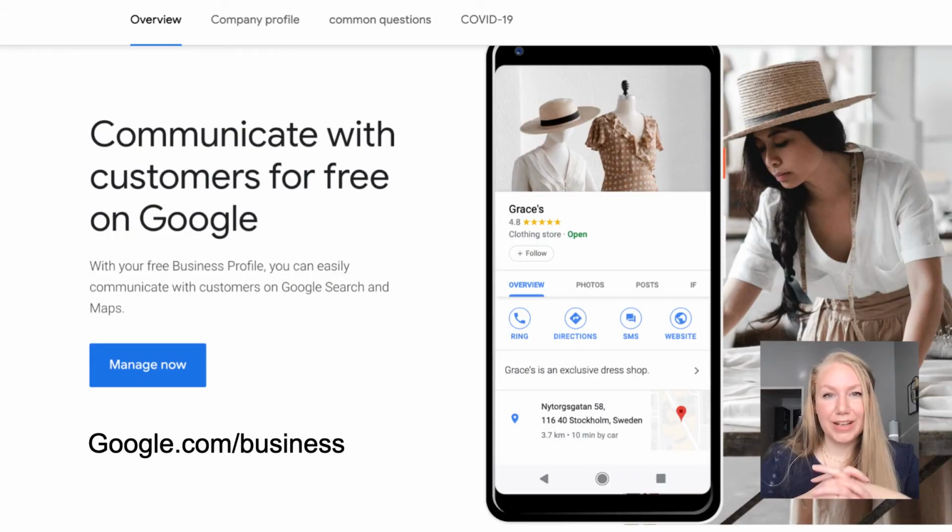So let's discuss how to get started with local SEO. Step 1 would be setting up a profile on Google Business. It's free and you can do so at google.com/business. From here, you can search for your business if it's already listed and then start managing it, or go through the process and create your business listing. Either way, start by clicking Manage Now to get started, and Google will walk you through the steps that you need to take of finding your business or creating your new listing.